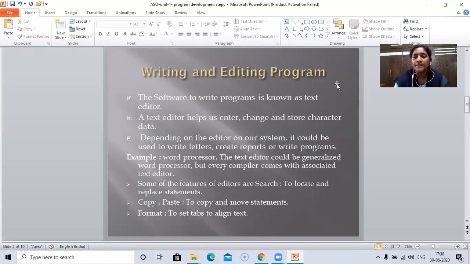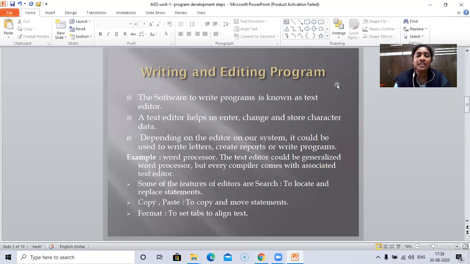In Microsoft Word, whenever we want to type some document, there will be a toolbar above with options like file, insert. All these are options with which we can edit our document. Similarly, here also we will have a text editor which comes along with the compiler which is installed.